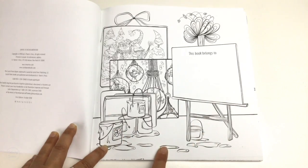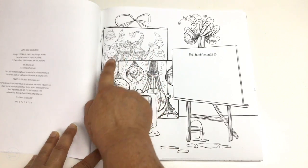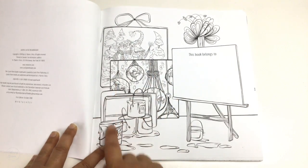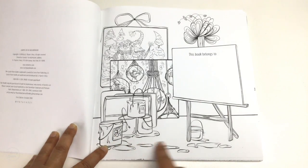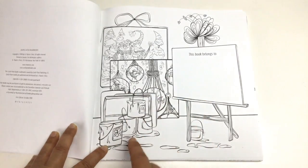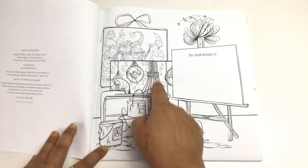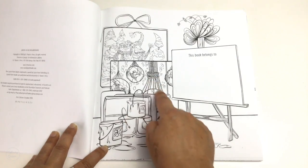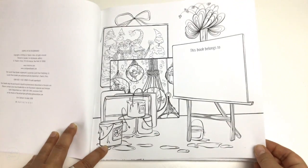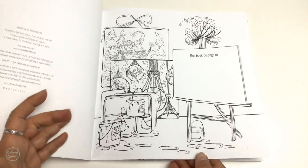So we've got a lovely little nameplate page here, and you can see in the background a lighter colour line art on the little gift boxes. It's not giving much away about the gnomes, but it's showing you that you can be as creative as you want. I also think it's referring back to things like Mermaids in Paradise with this little underwater scene here and the paints. Denyse is an artist and sculptor as well,